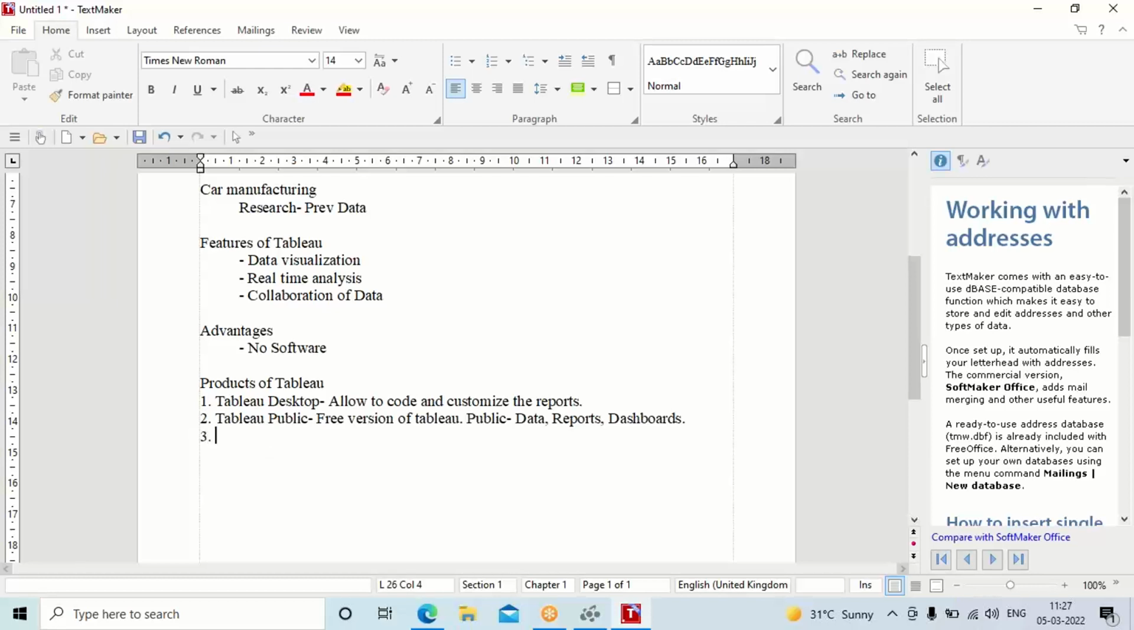The third product of Tableau is called Tableau Server. Now, what do you mean by this Tableau Server? It is only used to share the work. If you remember, we have this production server, UAT server. Remember we did that in the workshop, right? Here also, Tableau gives us one server where you can save and share your workbooks between